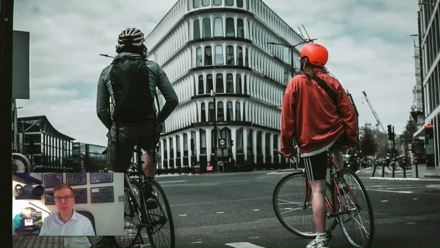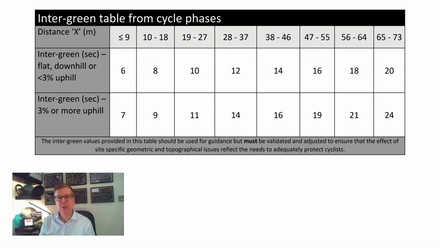As well as vehicular intergreens, we also need to ensure that other traffic modes are also accounted for. So the first of these that we'll look at are cyclists to vehicle intergreens. At signalised junctions, the vehicular phase timings may need to be reviewed to also account for cycle requirements, because cycles take longer to accelerate from a standing start, are normally substantially slower than motorised vehicles, and their performance is severely impacted by uphill gradients. These issues should also be considered at junctions used by cyclists.